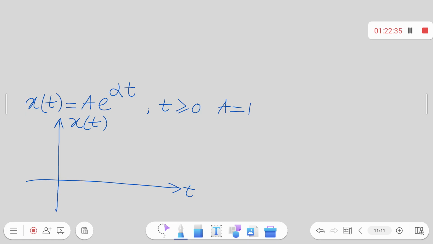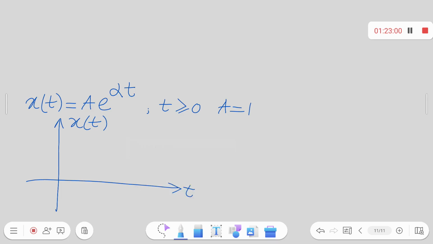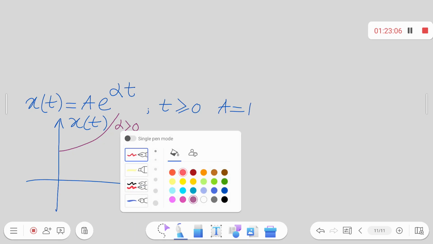Now if alpha is greater than 0, that means it's an increasing exponential, like this. This is for alpha greater than 0, and for alpha less than 0,